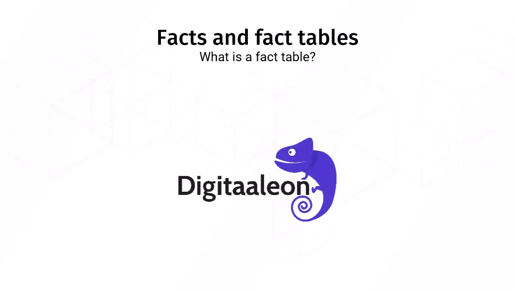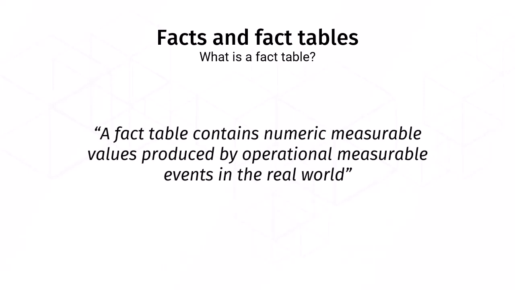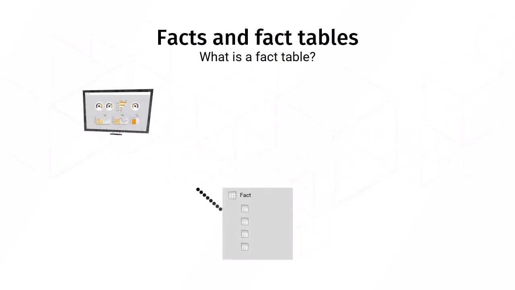Facts and fact tables. What exactly is a fact table and why do we need it? The literal definition: a fact table contains numeric measurable values produced by operational measurable events in the real world. A fact table indicates quantifiable values at the very basic level. A fact table does not depend on the reports you need, but depends on the underlying part that you need